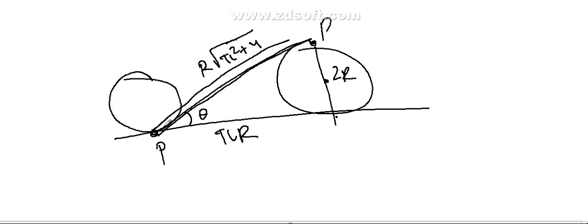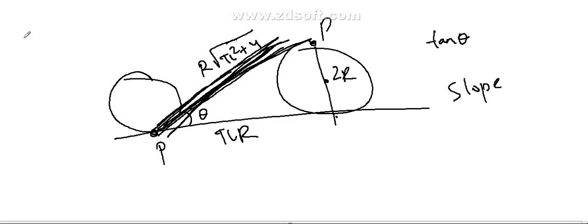So when you say distance, okay? When you say direction, you always set the tan theta, the slope. Not tan theta, slope. This is the slope. See, you have a diagram, a graph. Slope means how much it is tilted. So normally when you say slope, you want to find out the value.